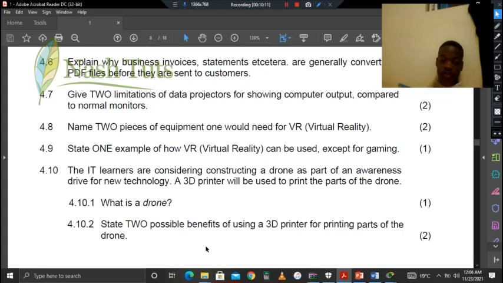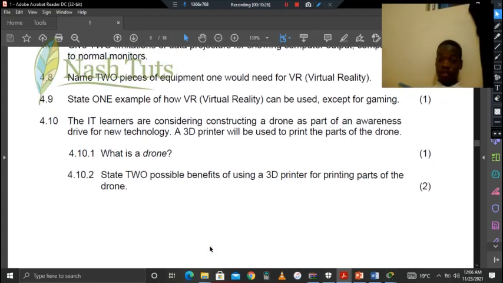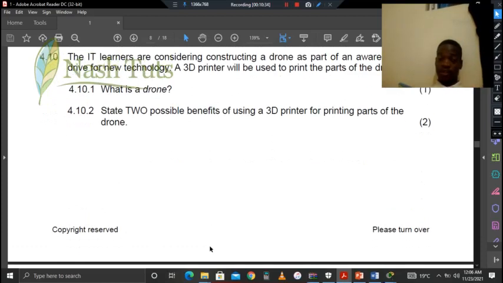Number two, it will save time, and it's flexible. I can make the part as I want it to be, as long as I'm able to use the CAD software. So it's flexible. You can make the part as you want it to be, other than buying those that are already there, and you'll be complaining that I wish it had this, I wish it had that. But now with 3D printers, you can make it to have that upon your own desires. See,